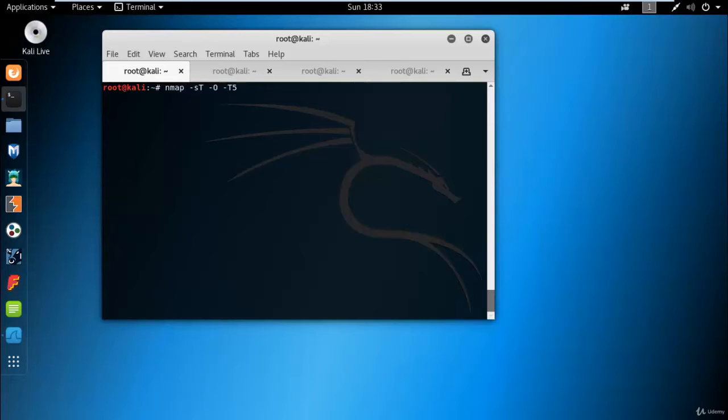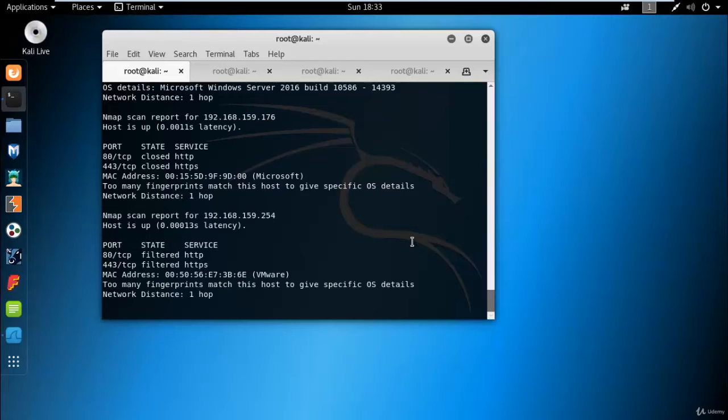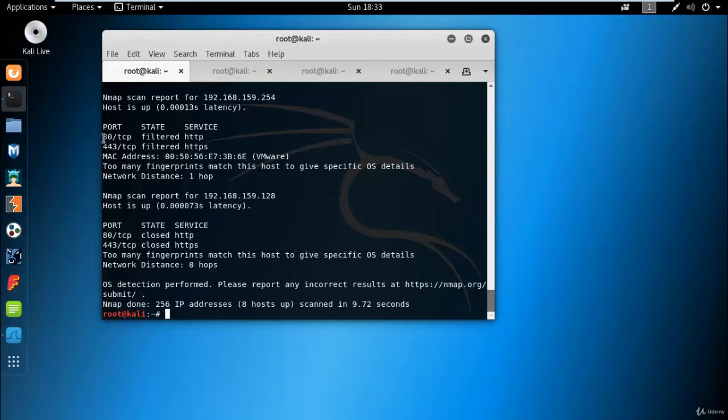Use -T5 for aggressive timing and define the network information, 159.0/24, for port 80 and 443, and press enter. It will scan port 80 and 443. Here you can see port 80 is filtered. 443 is also filtered for this device.